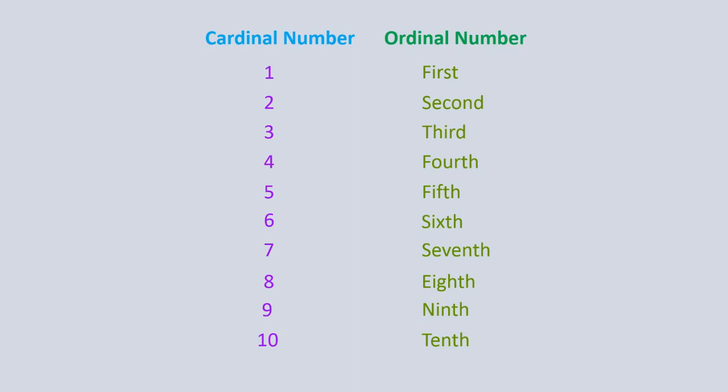Only here, first, second and third, the spellings you have to learn. For fourth, whatever we are writing for 4, that only we are going to write and we will just add th. In 5 also the spelling is different, so you have to learn it. The rest all are the same spelling, just you need to add th. In 9 also we write NINE, but in ordinal number we will write NINTH. So students, you have to learn the spellings of ordinal numbers because we are going to use these words